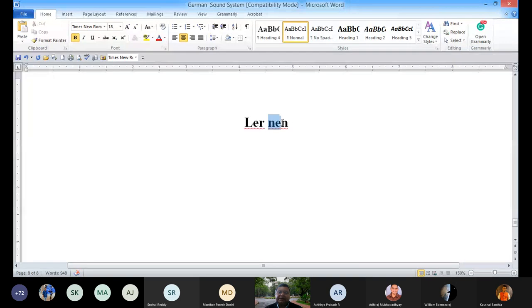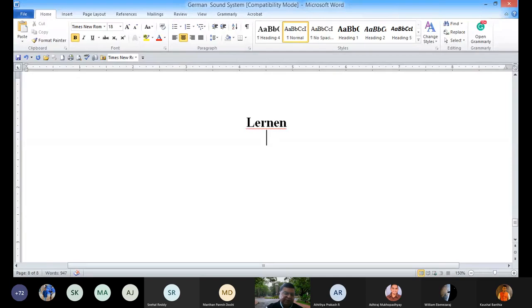Why? The rule is that the last syllable, the final syllables, are usually unstressed. In German, the first syllable is stressed and the last syllable, here of course the second syllable, is unstressed. Unstressed means it is as good as the short form. That's why the pronunciation of this particular verb will be lernen, lernen. The first one is stressed, the second one is unstressed. So this is the concept of syllable.